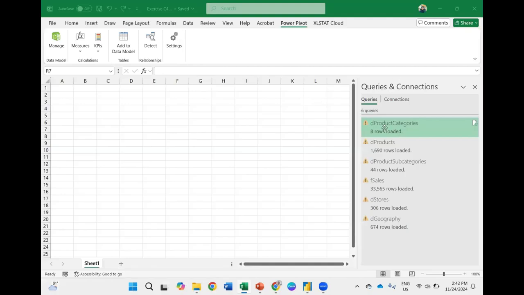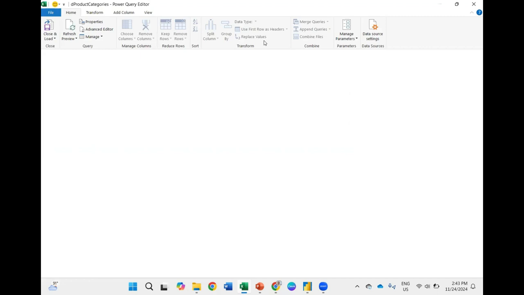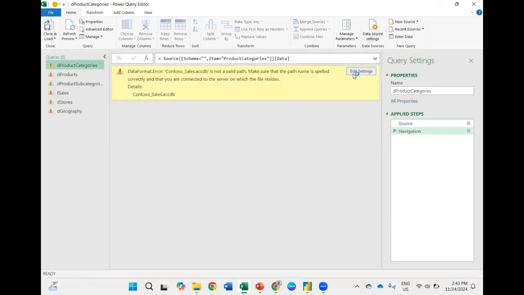I just want to show you what happened when I created this file on another computer. Now I open it on another computer, so it cannot identify the path to the source file. So we have to renew the path here. We want to improve the data source setting here.